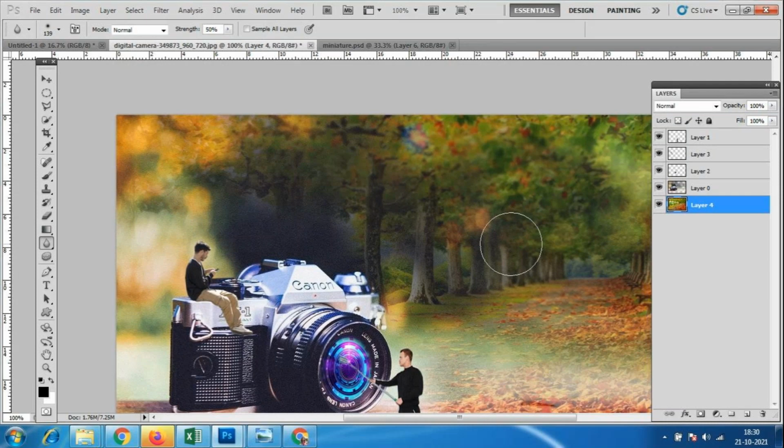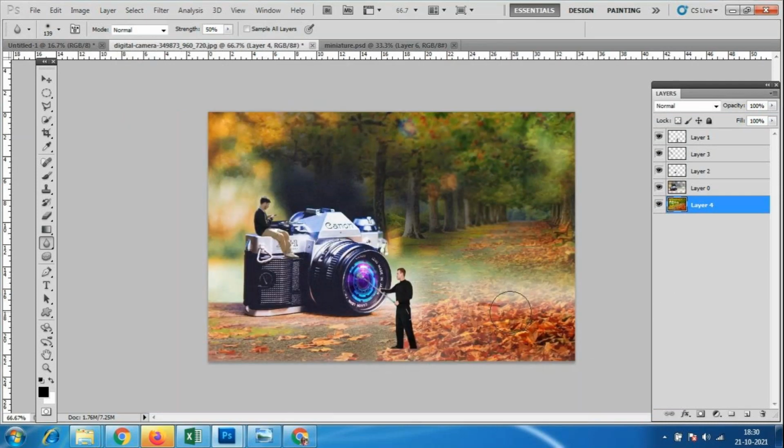In the background, I have to make it blur, so that time I'm using this tool. I'm making blur everything in the background which is not clear. First I have placed a different background and then I'm making it blur. I'm not doing anything with the camera, only making the background blur. Is that okay, everybody? All these things you have to do, miniature things and all, but we have to make it with a different kind of combination.